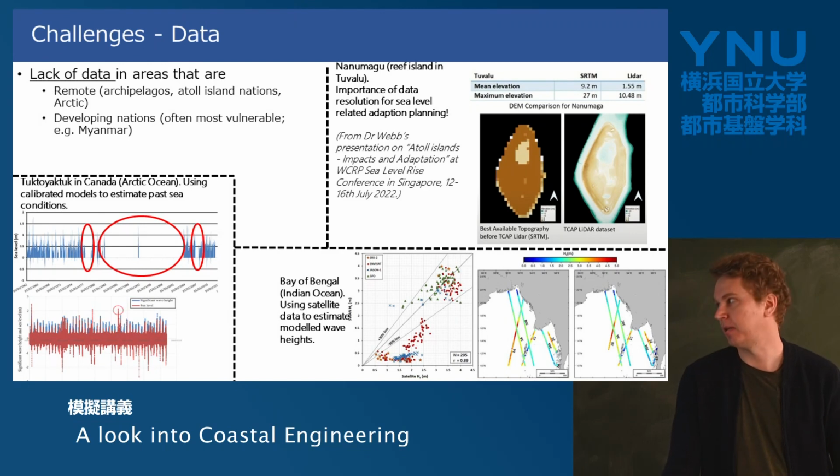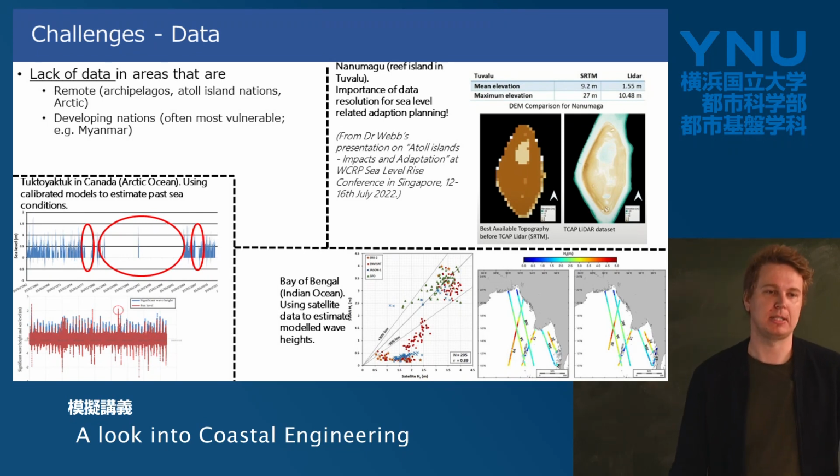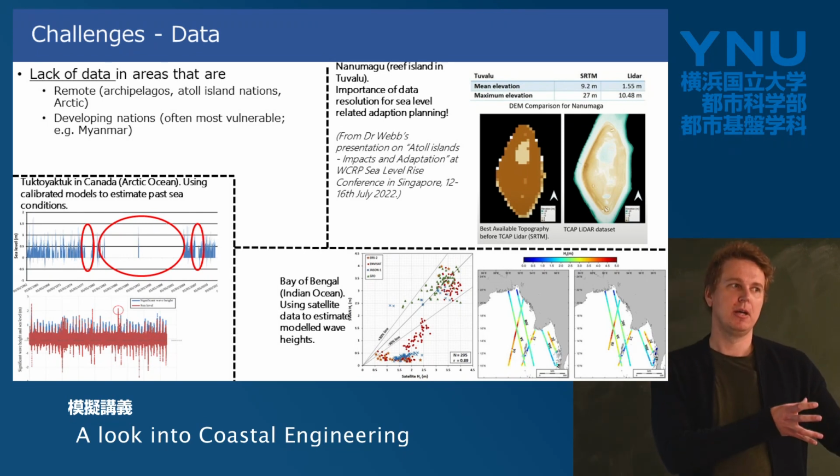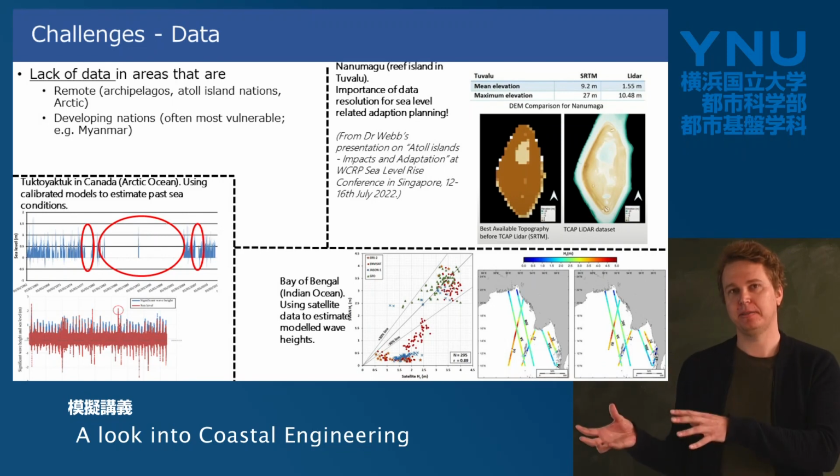locations and phenomena. And another one here is, for instance, in Myanmar. There was a big cyclone, and in the Bay of Bengal, we do have cyclones. But there are, again, almost no measurement data sets. And one way to find a solution for this is satellites. We can model those wave conditions, and we can also verify them, or try to see how good our simulation is with the satellite data. It's still better than nothing.